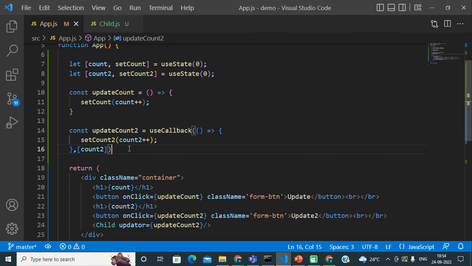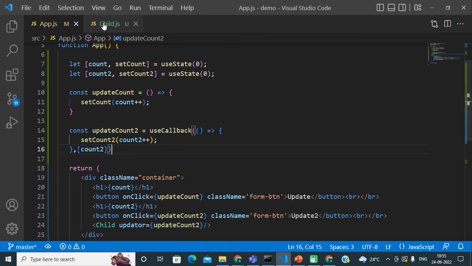Now I am passing count2 as a dependency to this useCallback hook. So if I update count2, only then the child component will get re-rendered, but if I update only the count1 state, then my child component will not get re-rendered.